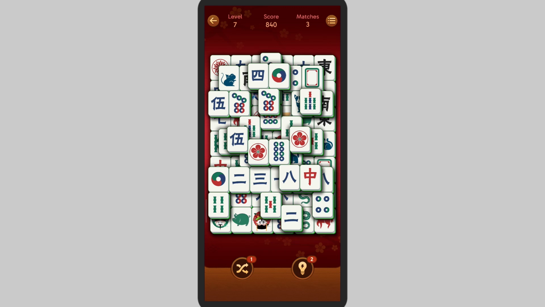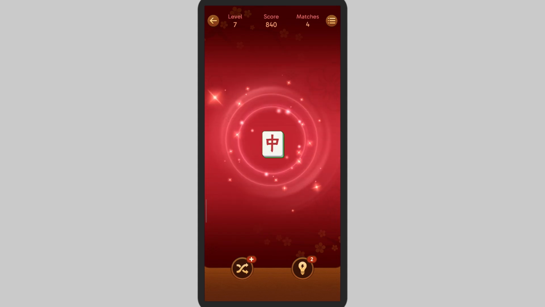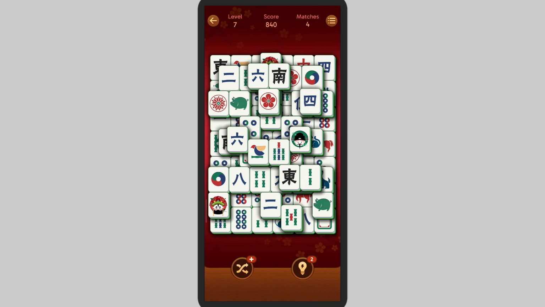Here, you'll be able to find different tiles and this is the gameplay that we're in. Here on the left bottom, you can see this shuffle button. Simply tap on this shuffle button. So as you can see, the tiles have been automatically shuffled and now you can start matching the tiles and